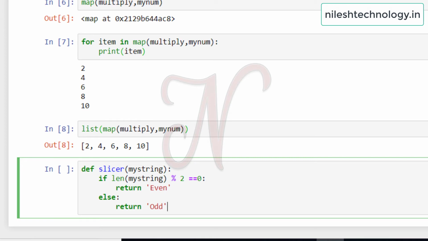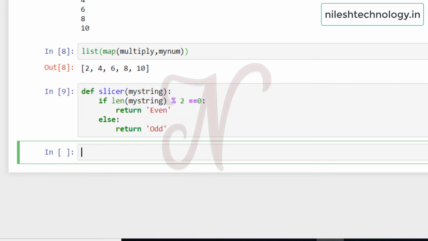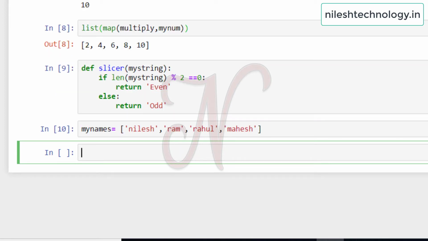Okay, see here, after running this code, first we create one list, my names: Nilesh, then Ram, then Rahul, then Mahesh. Then by using the list function, then map, pass the two parameters. The first parameter is the function name and the second parameter is your list.